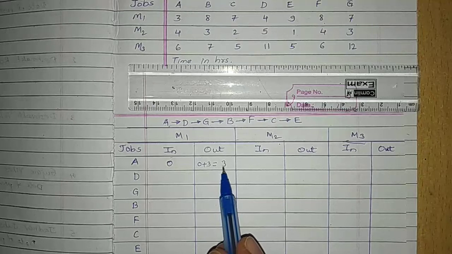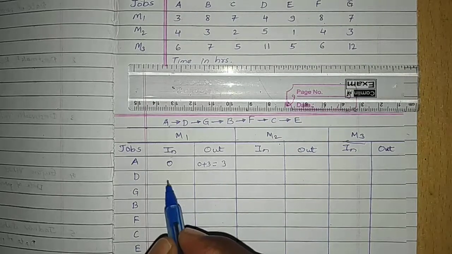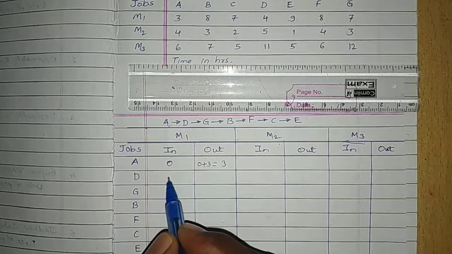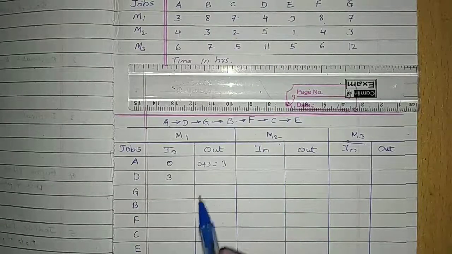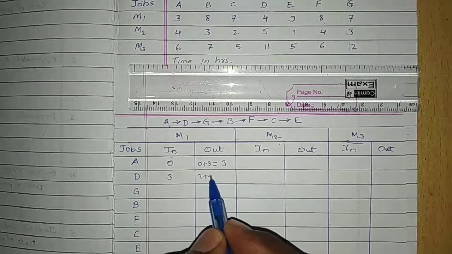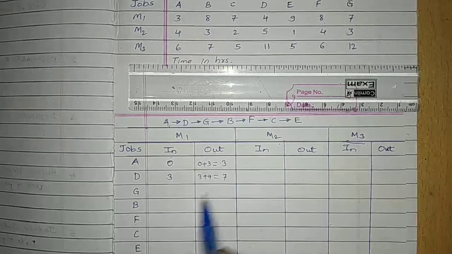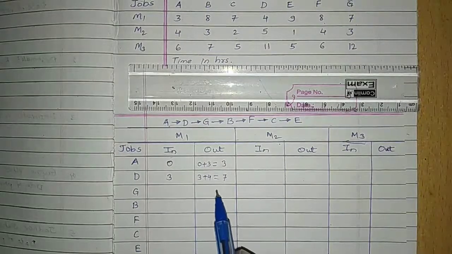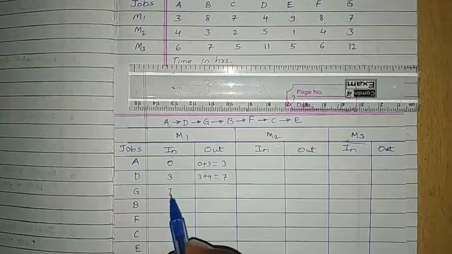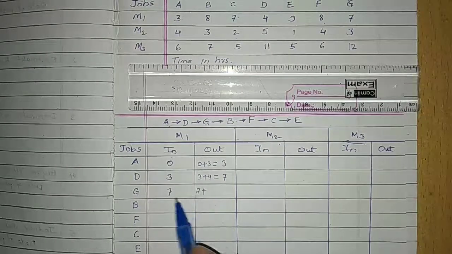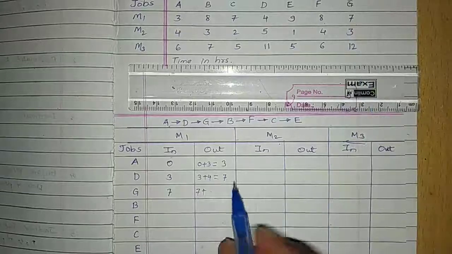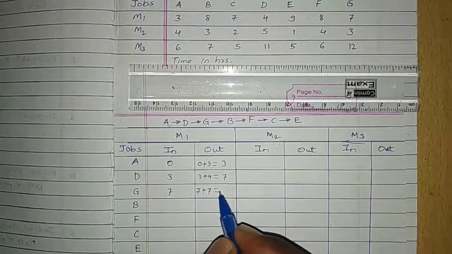Now the out time of the first job A will be the start time, that is the in time for job D, that is 3 here. Now processing time of job D on M1 is 4. So 3 plus 4, 7. Right. Now in time for job G will be 7 hours. So 7 plus, for job G, processing time is 7 hours. So out time will be